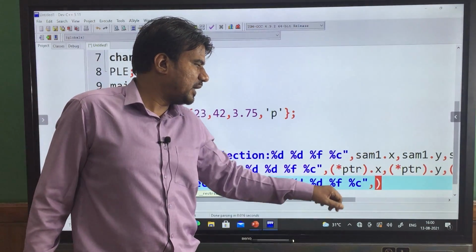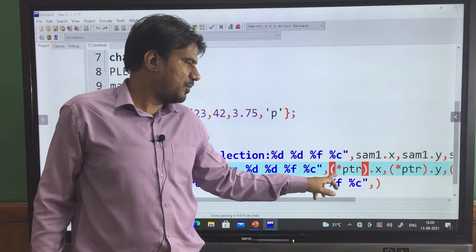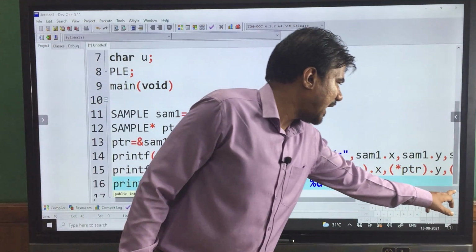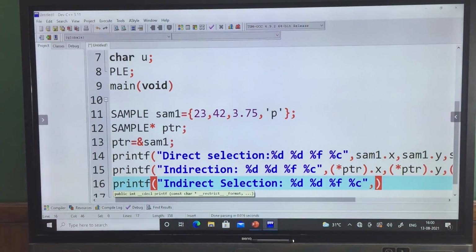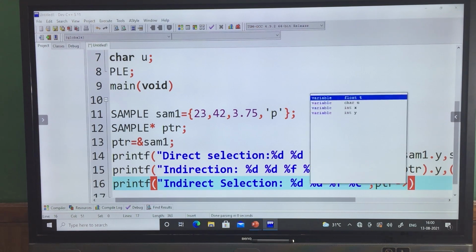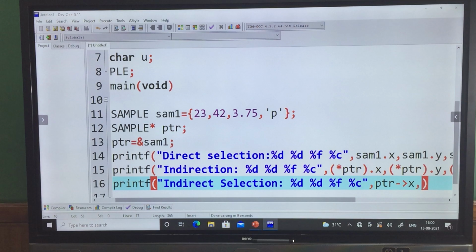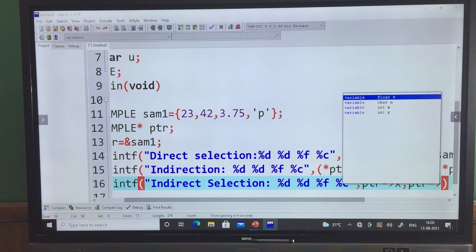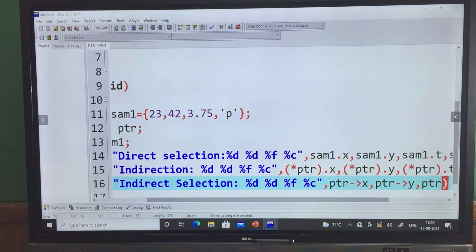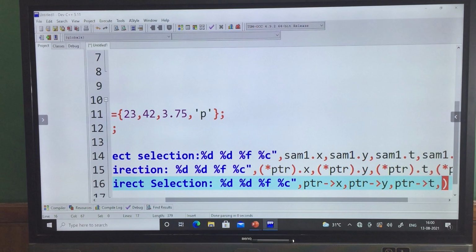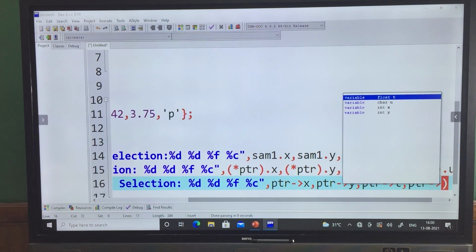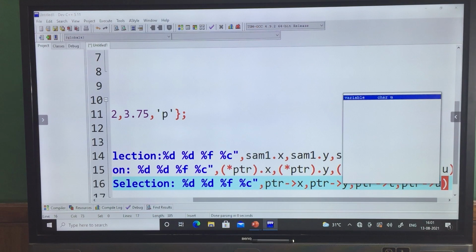Here we used the dot operator, then the indirection operator, and now we use the arrow operator to print: ptr arrow x, ptr arrow y, ptr arrow t for the float, and the last one, ptr arrow u. Go to the end and put the semicolon.